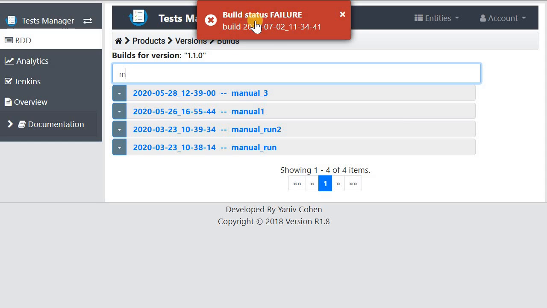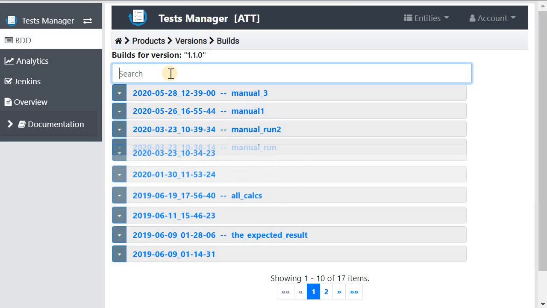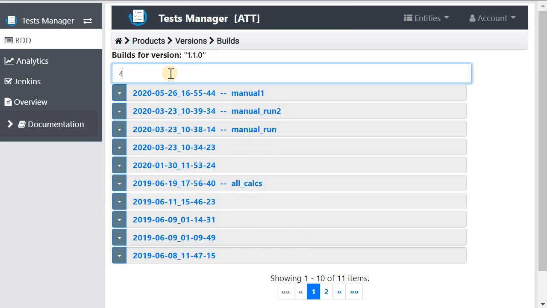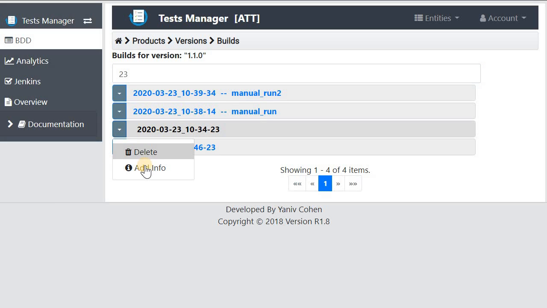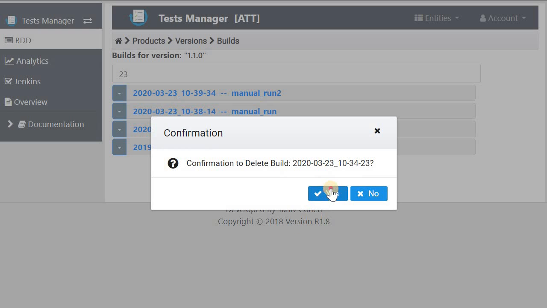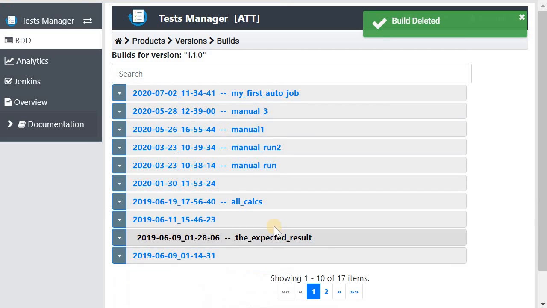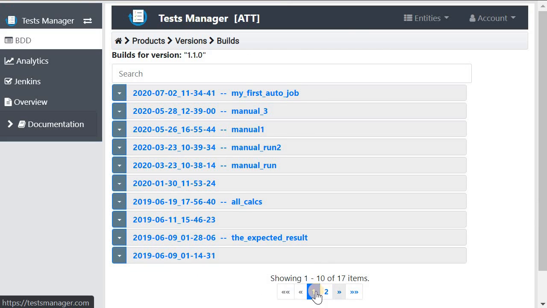The test failed as expected. I can also search for a build number and delete. Also I can move between pages. This is the product I was running in Jenkins.